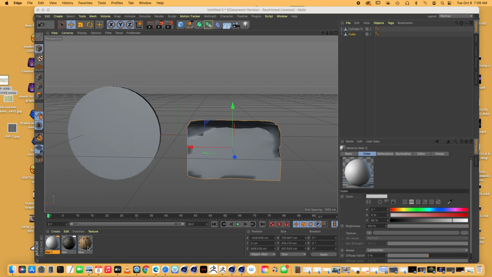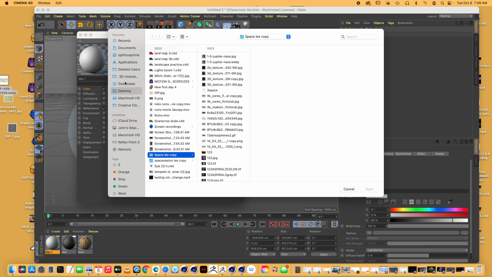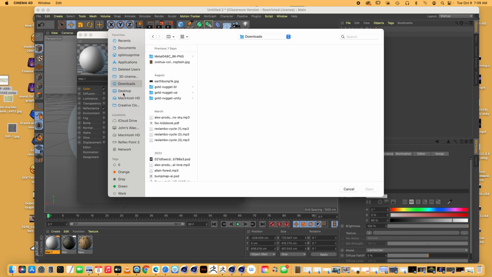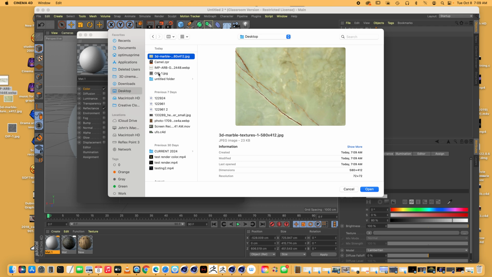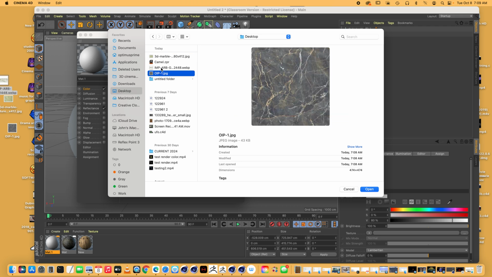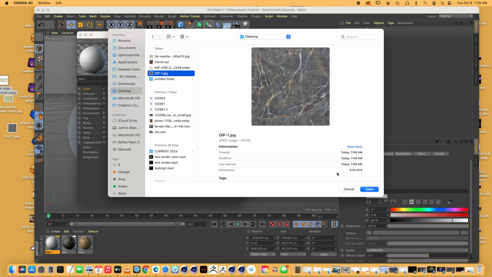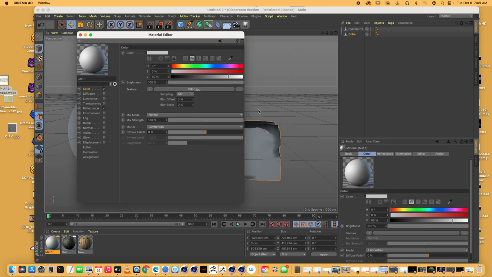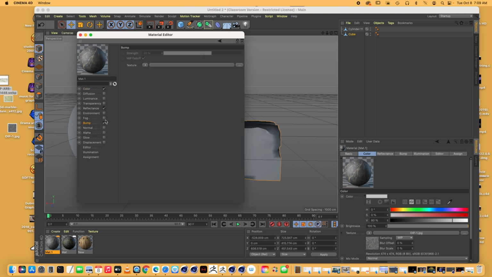All right, and so we make our texture, and for color, we go get whatever we just downloaded. It should be on my desktop. Oh, that's a WebP file. That won't work, but the JPEGs will, so we'll use those. And you can put reflectance or not, doesn't matter. On the bump map,